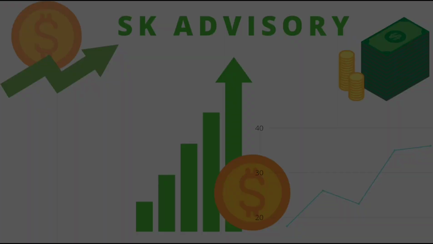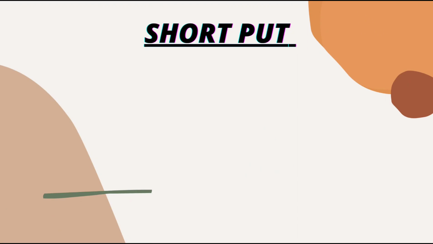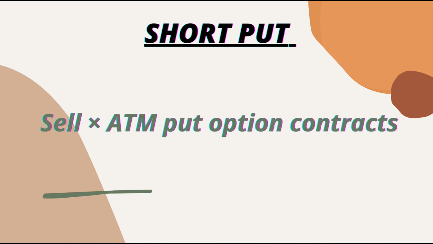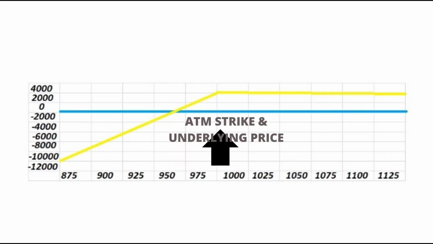This is episode 8, a continuation of the ultimate beginner's guide on option trading. Next we have the short put strategy, which is the mirror image of the short call strategy in terms of payoff. The strategy consists of selling X number of at the money put option contracts. In the payoff chart, we can see that the inflection point is determined by the strike price of the put option